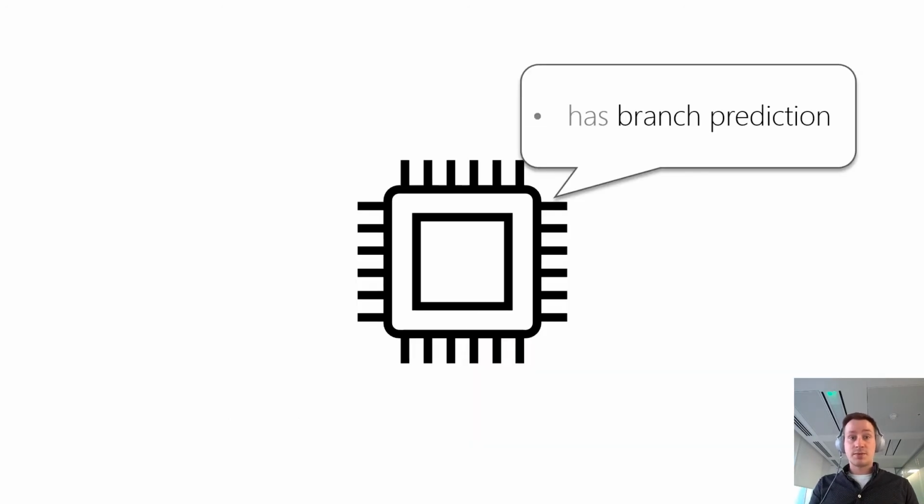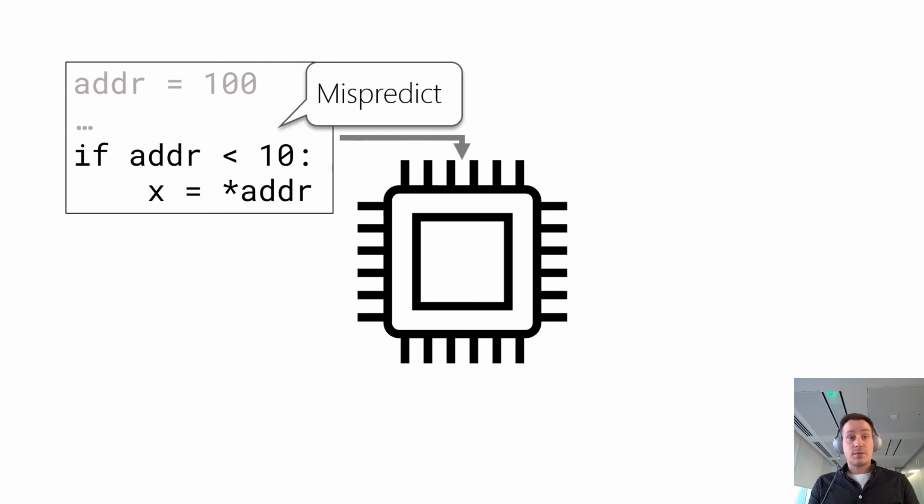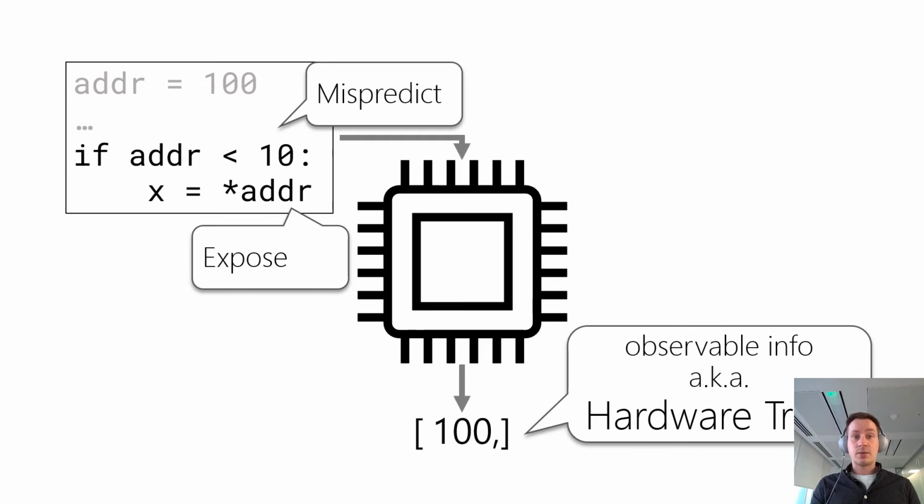Say we have a CPU with a branch prediction, and we execute the same program. This CPU will mispredict the branch and expose its address. So the attacker will be able to learn the address. We call this observation a hardware trace. In reality, though, the attacker doesn't actually learn this address, but the attacker can only observe the changes in the microarchitectural state. So to emulate that,